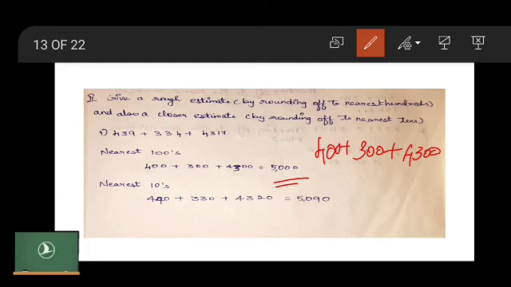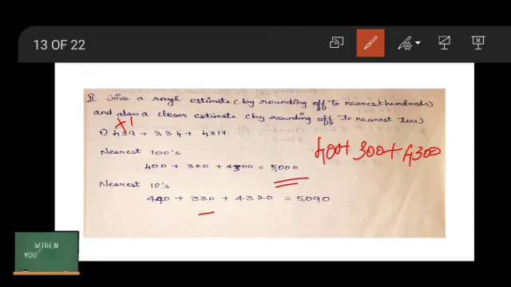Now let's solve to the nearest tens place. We are going to check whether the ones place value is greater or less than 5. So here the first number 439. The ones place value is greater than 5. What are we going to do? We are going to add plus 1 to the tens place value. The next number is 334. The number in the ones place is less than 5, and we will not make any changes over the tens place value, and it remains the same. We are going to replace the ones place value with 0.